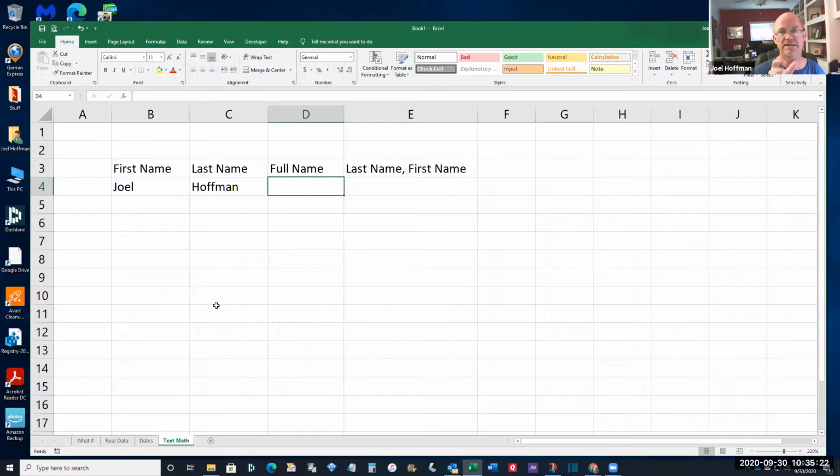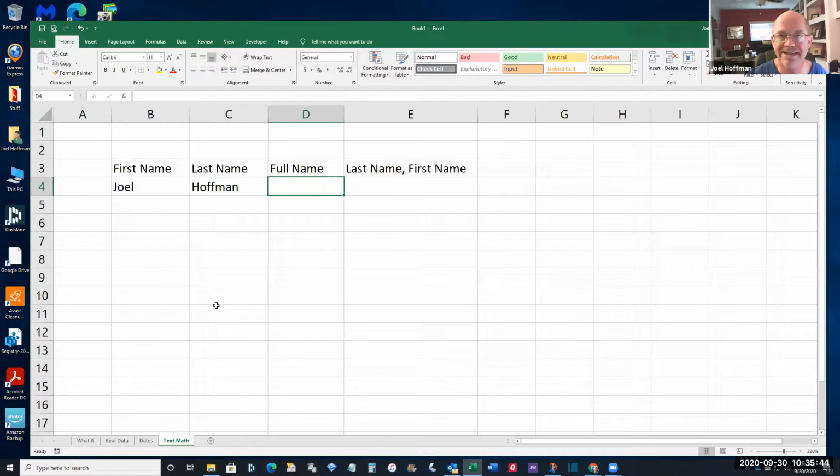So he likes seeing things Hoffman, comma, Joel. We can have Excel do all that for us, create those lists automatically, however we enter. We can enter them any way. In Excel, we can create formulas that make whatever list in whatever format we want. So we need to just know how Excel